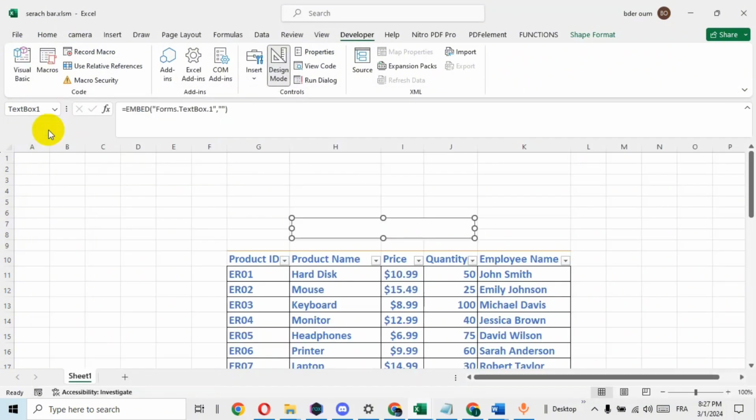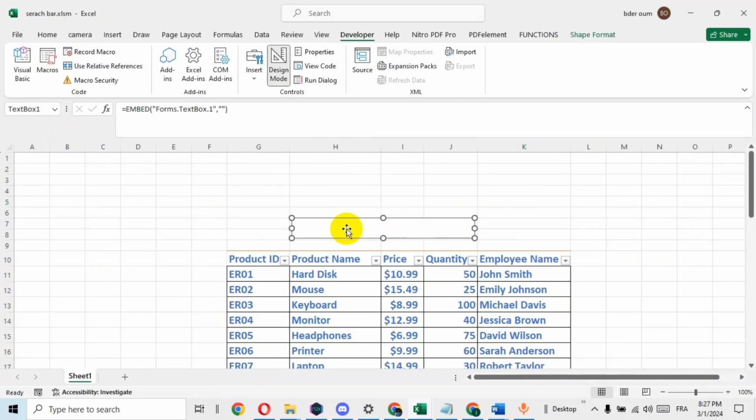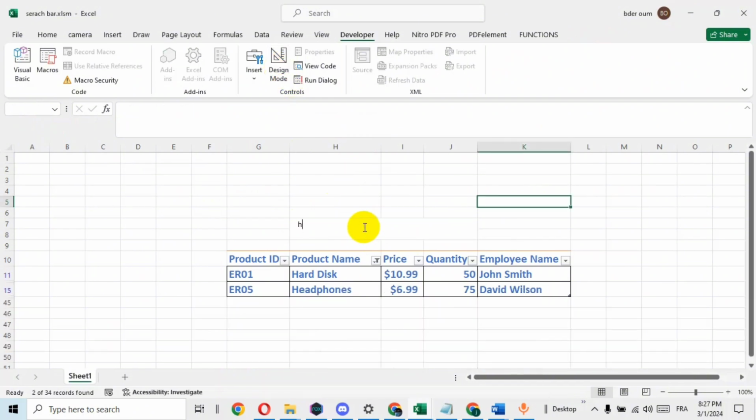Now go back to the sheets, right? Go to design mode and let's try this. As you can see,